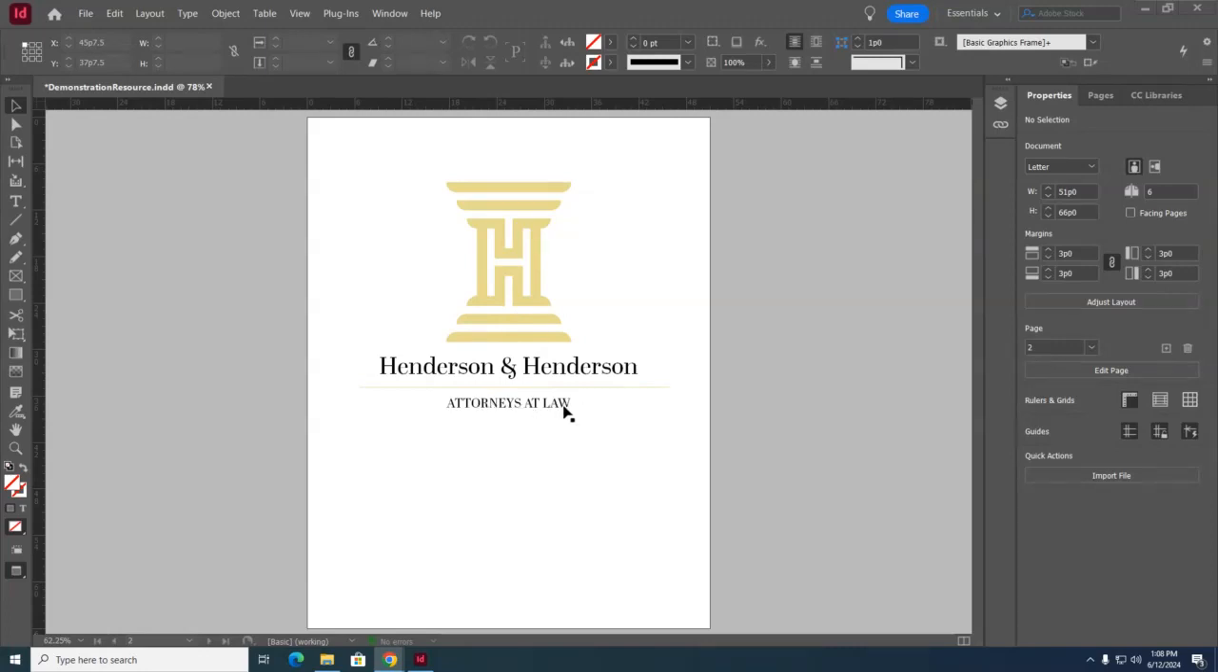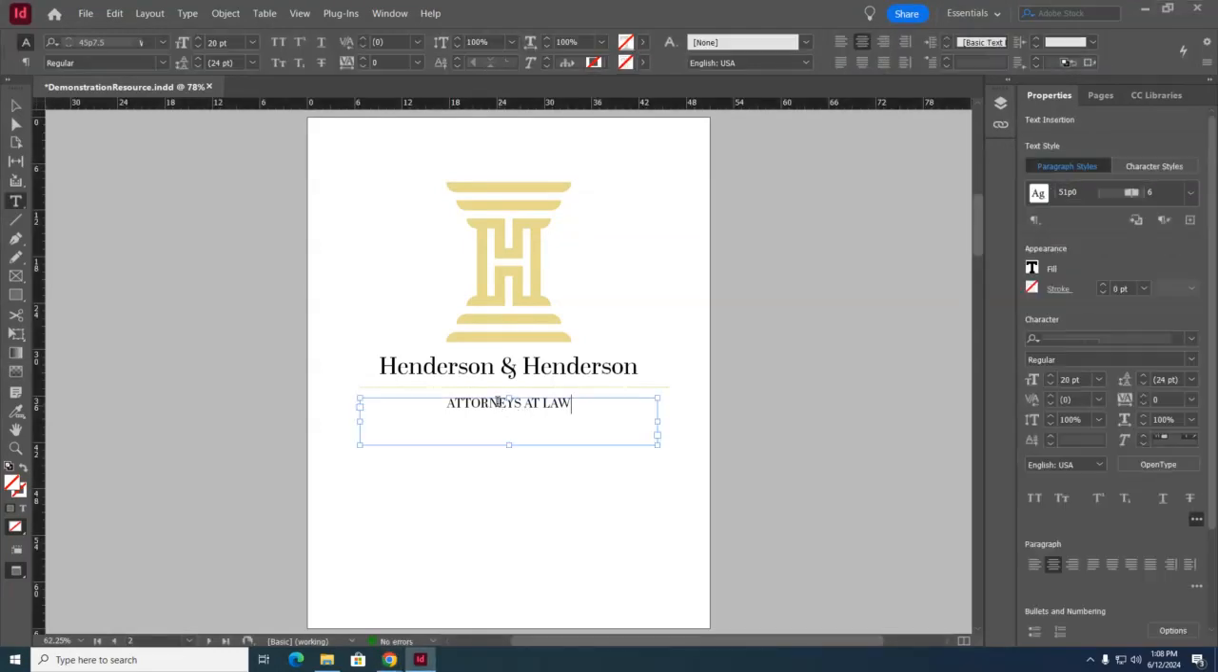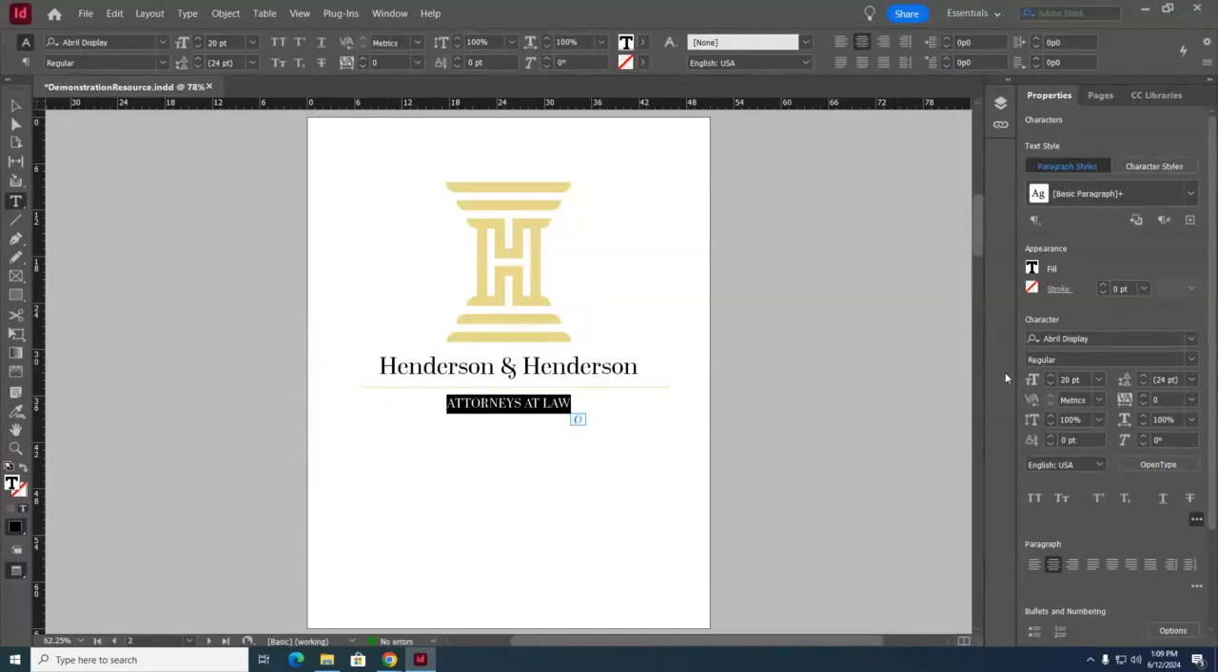Tracking is very easy to apply, just like kerning. In this case, I'm going to double click in my text box and I'm going to select all of my text. With my text applied, I'm going to go here into my tracking field and I can drop down to choose a value. I can also type in values. I can highlight the field and use the up and down arrow keys on my keyboard